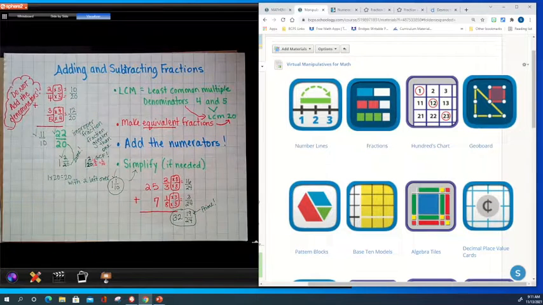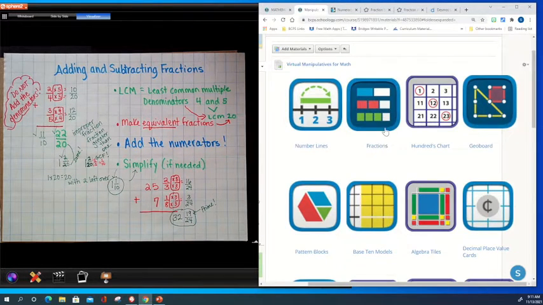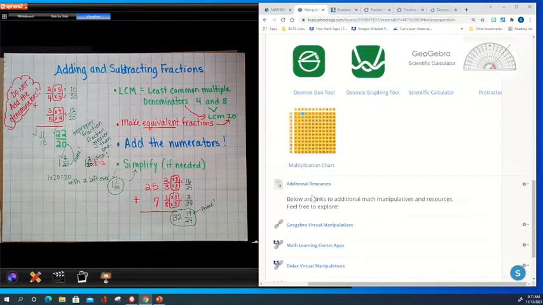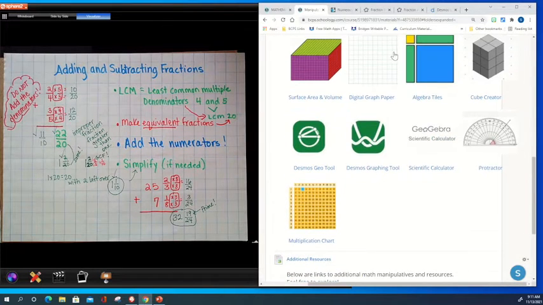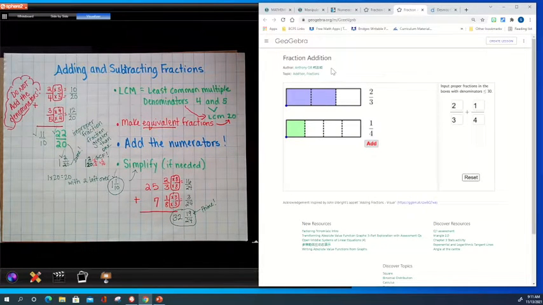Okay? Now, in your resources, again, if you go into your virtual classroom, click on that Math Tools, open up the virtual page. Down at the bottom, there's a list that says additional resources. There is this, which is fraction subtraction and fraction addition. So this tool, I showed this to you in class, but guys, look, this is a great way to check